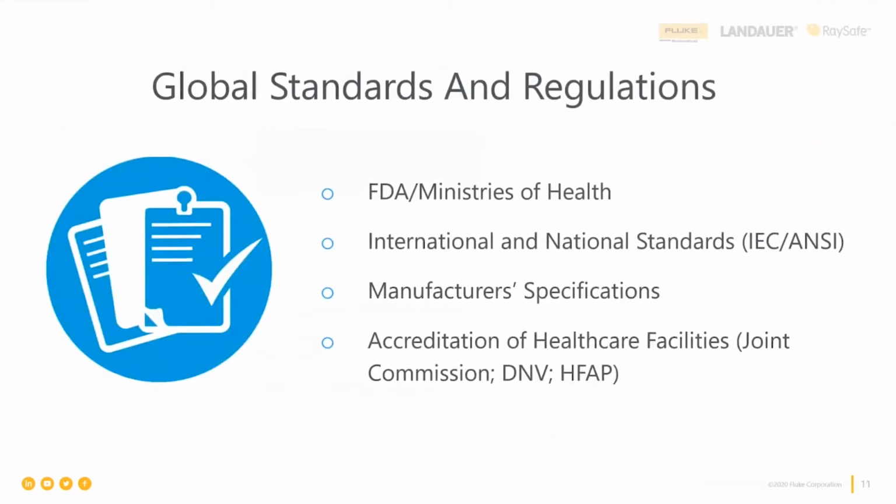There's global standards and regulations that set forth requirements for what has to be tested and a little bit about how it's tested. The US FDA and ministries of health leverage the international or local national standards. So these would be IEC standards. Any ANSI standards also apply for defibrillators here in the United States. Manufacturer specifications are also part of setting up the requirements, and they also leverage the international or local national standards. Much more likely the international standards, because most of the manufacturers, for sure in the United States, also sell